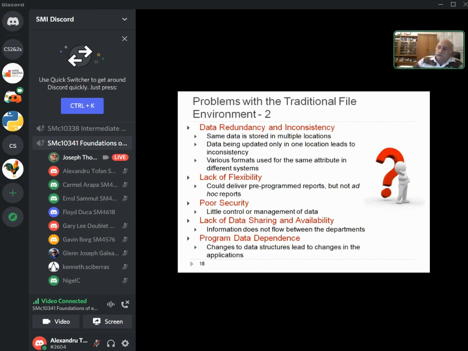However, during the course of operations, during the course of the day, management might need an ad hoc report, a report about something that was never asked for, a comparison of product A in location A, for example, with product B in location B. Now, with the traditional file environment,